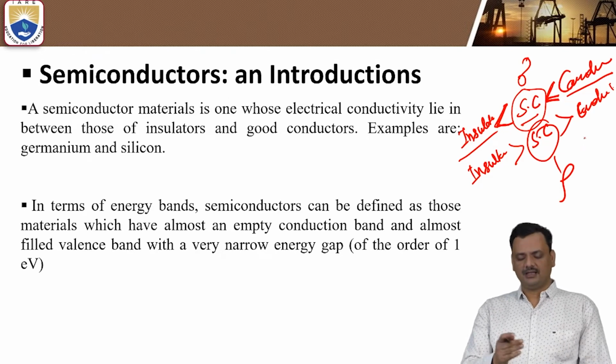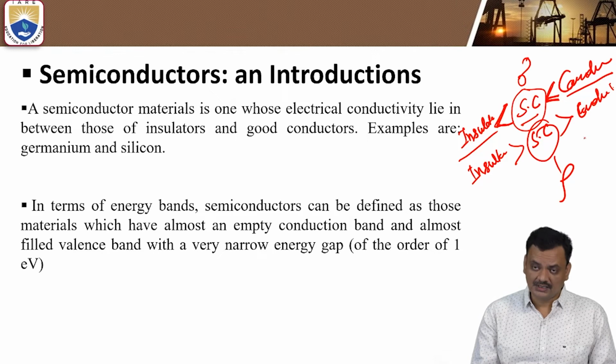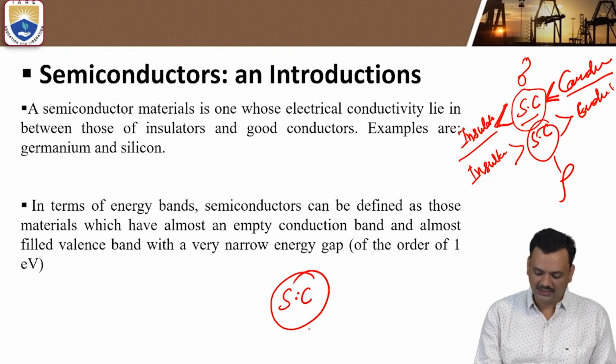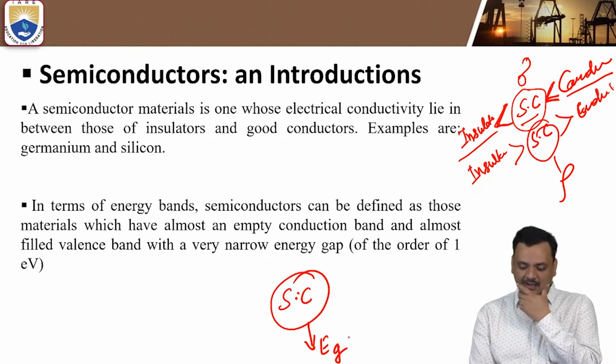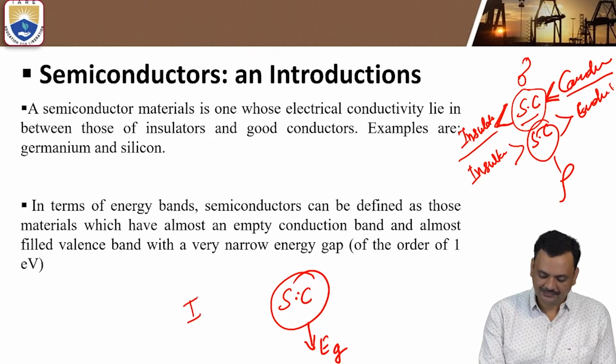So in the quantum mechanical definition, or in terms of energy band gap, for semiconducting materials the energy band gap, Eg, is greater than